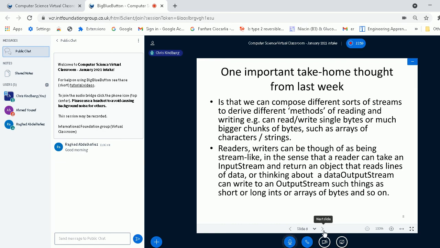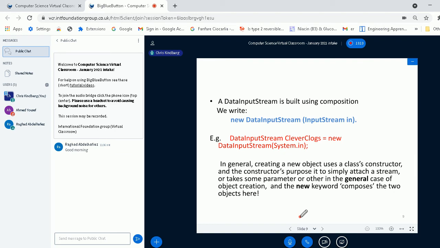So the idea of composing one stream with another, or one reader with a stream, or one other stream-like object with a stream, is to alter what you can actually do with the stream, perhaps to read a much bigger chunk of data, or in other very sophisticated cases, to read objects from what ultimately is nothing more than a stream.